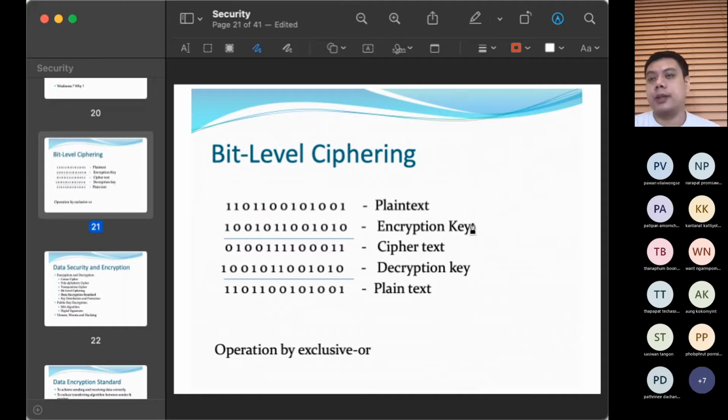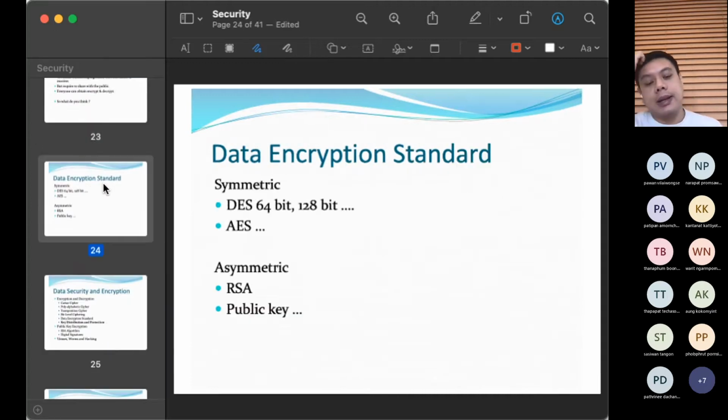For example, in encryption you use the key to do some operation like plus, minus, multiply, or something else. When we decrypt, we just do the reverse of that. So it's good and simple. The processing power doesn't need to be consumed that much, and battery life is not constrained. But asymmetric is different. Asymmetric has two keys: one key to encrypt, one key to decrypt. One key to lock it, another key to unlock it.